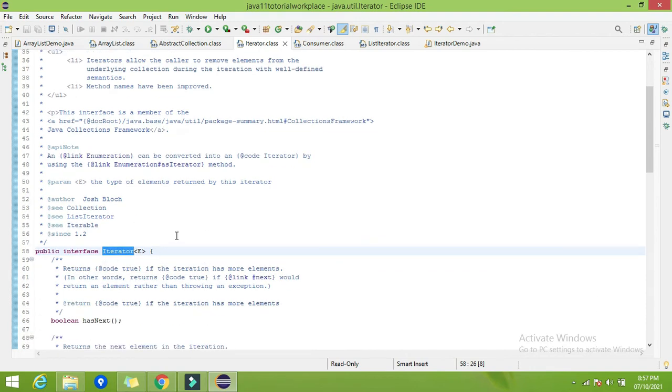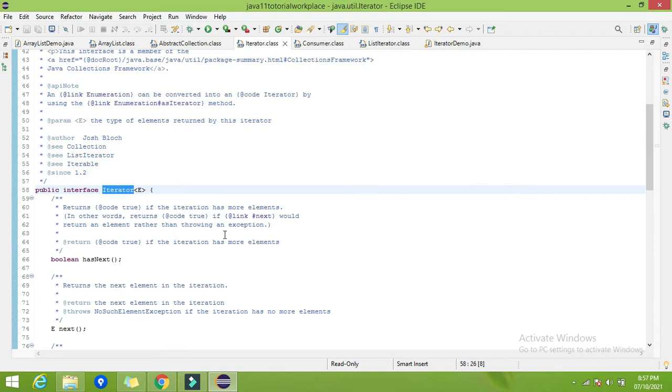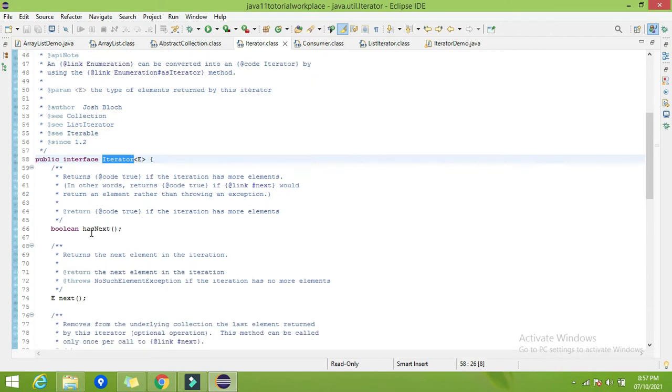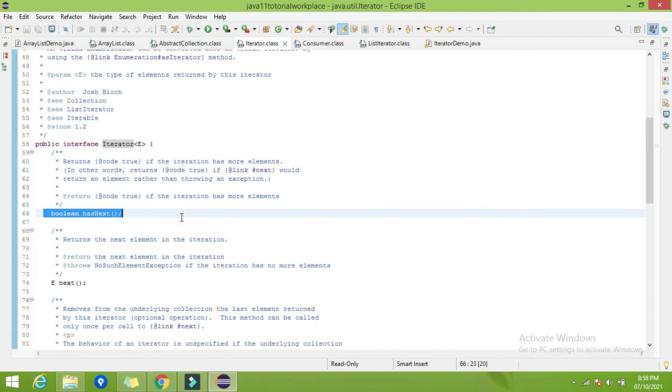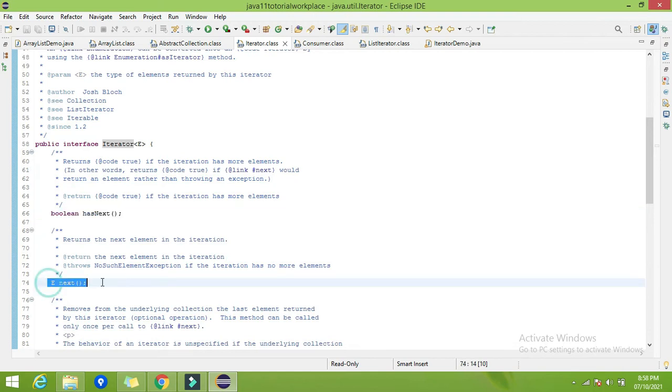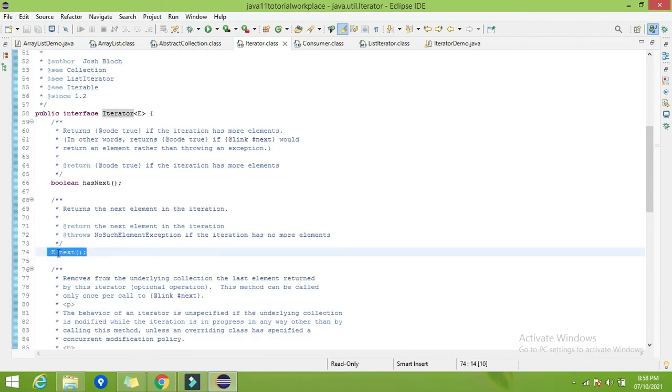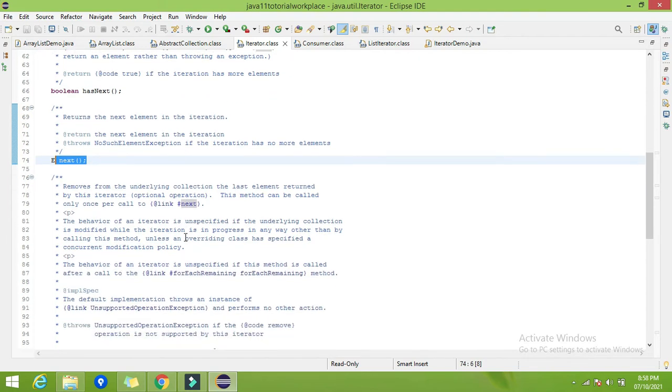This Iterator has several methods which help us to achieve our iteration. So what are those methods? It basically has the method called hasNext, which gives a flag telling whether the next element is present in the list or not. Then the next method is next, which actually gives the present element in the list.